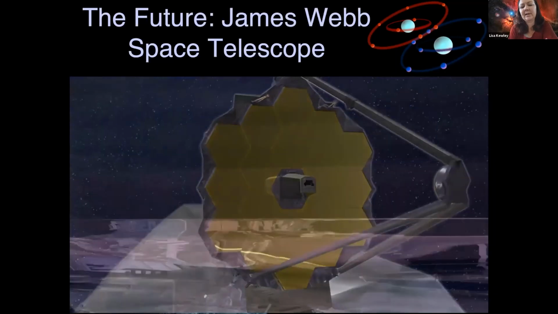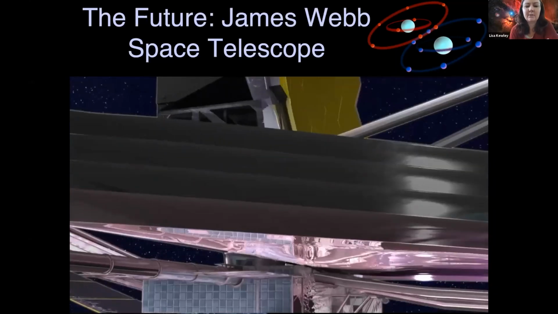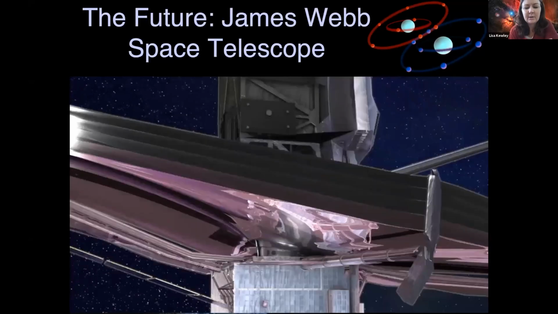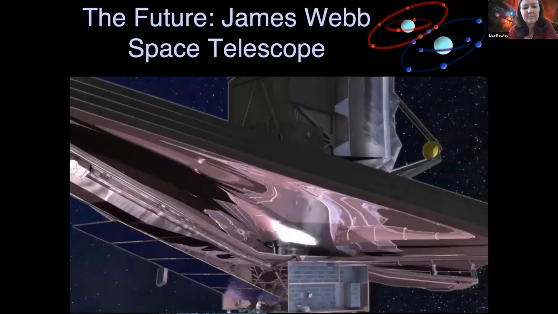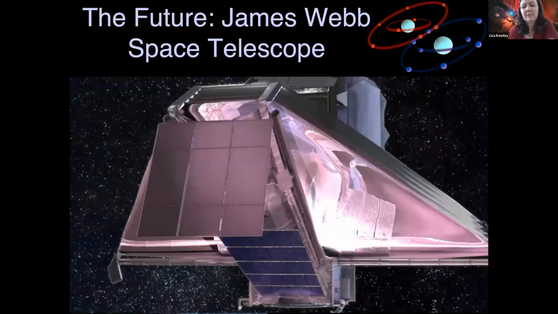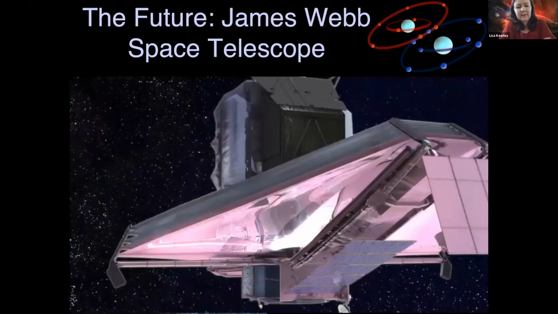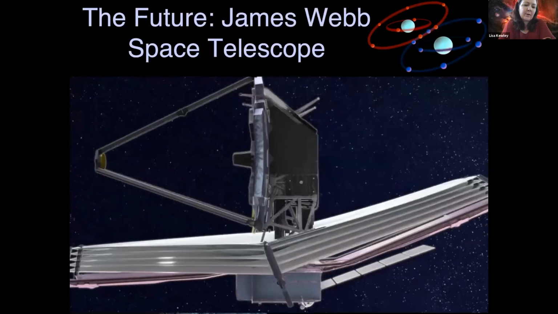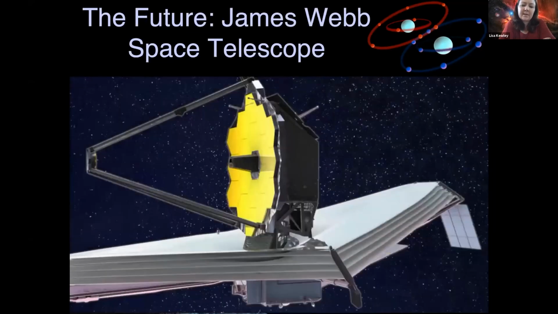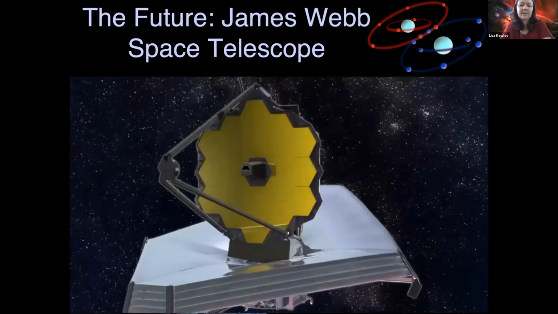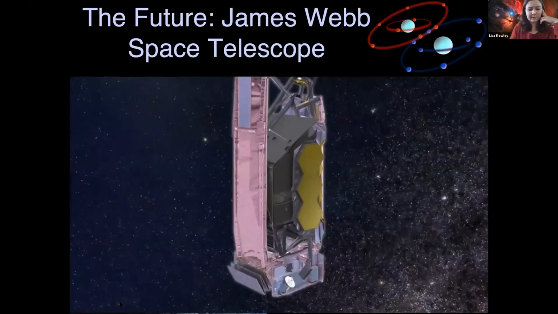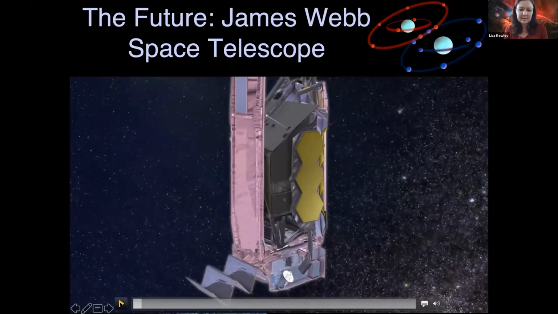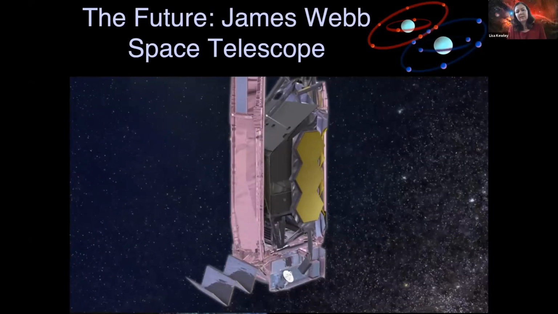So we need to have infrared instruments on a space telescope like this one, because infrared's actually created by anything that's heated up. So your bodies make infrared light, and also our atmosphere is a very, very good infrared source, and also our Earth, because it's being heated up by the sun. So it's very hard to do very sensitive infrared astronomy on Earth. So we're excited, and keep an eye out for new discoveries with the James Webb Space Telescope, and we're going to be discovering a lot more about oxygen in the universe.